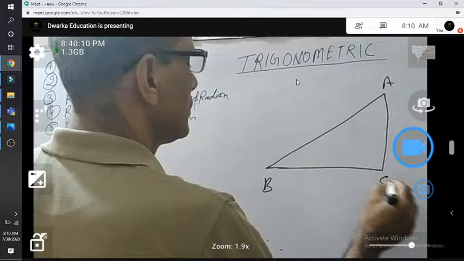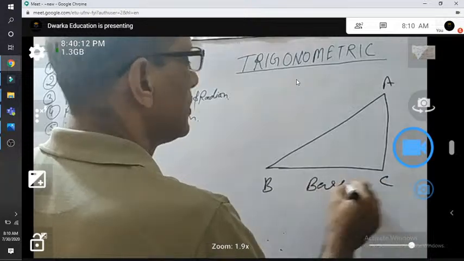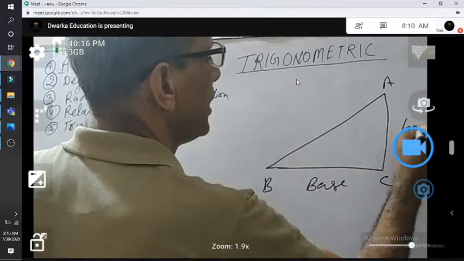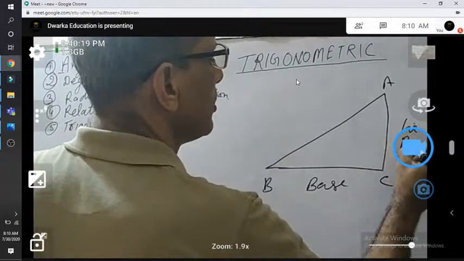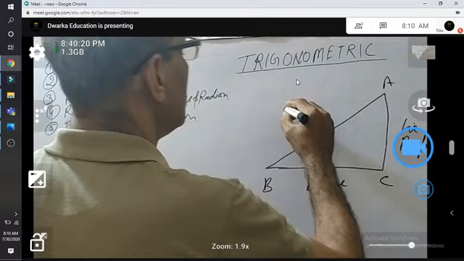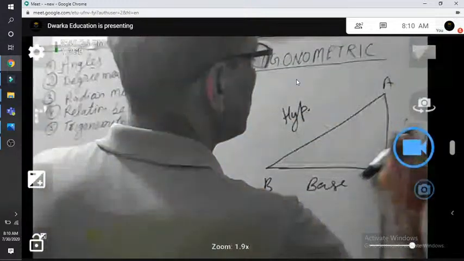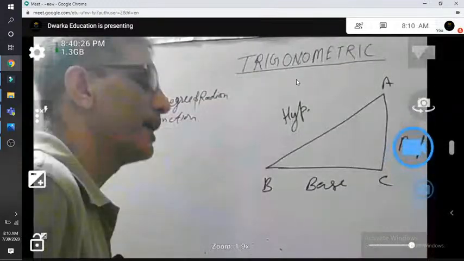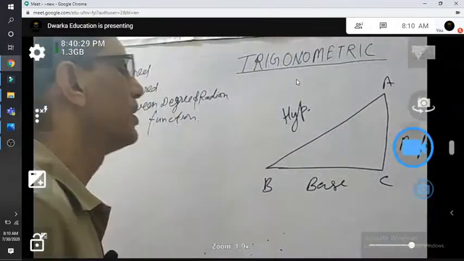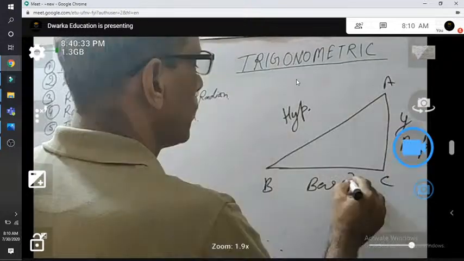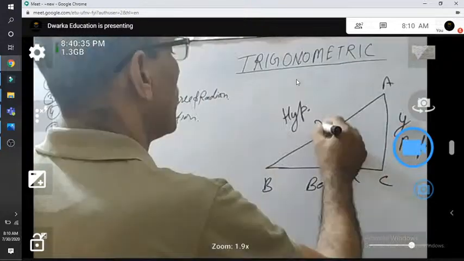This is base, this is height or perpendicular, ये hypotenuse. These are the 3 sides of the right angle triangle: base, hypotenuse, perpendicular. If we take this equal to y, this equal to x, this equal to r, then